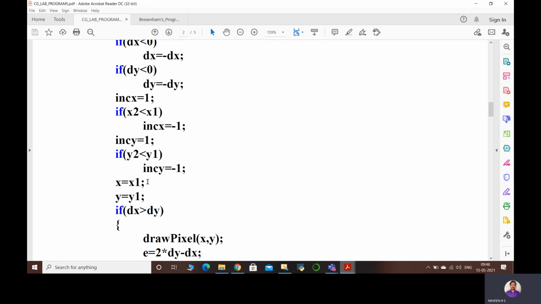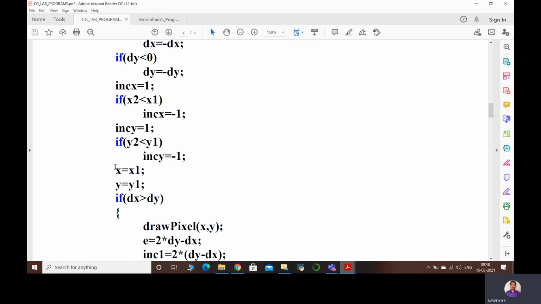Okay, in that case, your x value will now be 20 and y value will be 10. That is, the beginning end point will be 20 comma 10. Understood? I am just assigning the values to the new variable, so that's why I'm using x comma y. Now this x comma y acts as the starting point, that is 20 comma 10. From here it will start the iteration and find all the possible pixels,